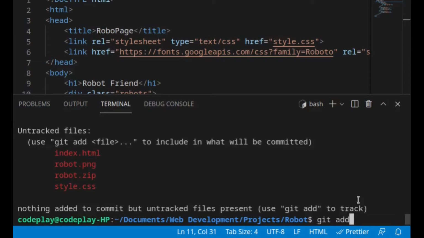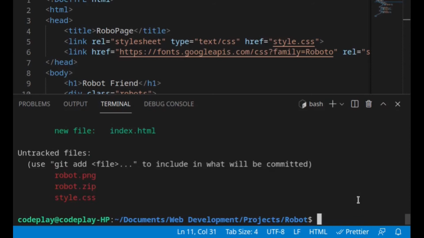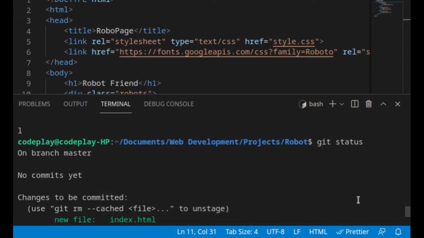Now there are two options: we can do it one by one, or all at a time. I will show you both options. If we type git add index.html, and now if I type git status, we can see index.html has been added, changes to be committed. We have informed the Git repository that this file needs to be pushed.